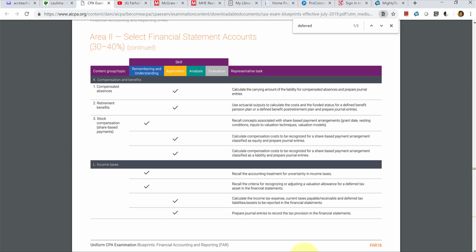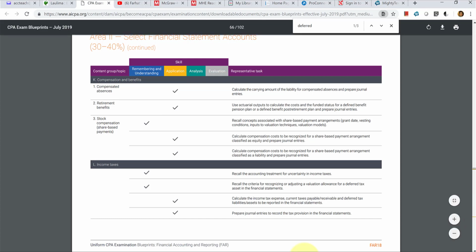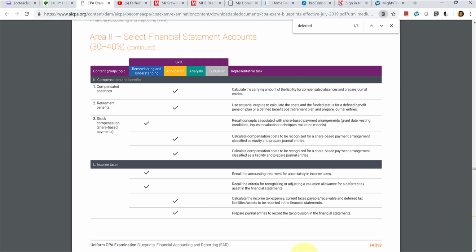Now we may have a deferred tax liability, but to be conservative, you don't write down liabilities. You write down or reduce assets. Now, the last two items here for coverage on the CPA exam are kind of related. We're going to have to be able to calculate the income tax expense. The term used in our textbook and also in the financial accounting rules is called income tax provision. So whenever you hear income tax provision, that's basically saying income tax